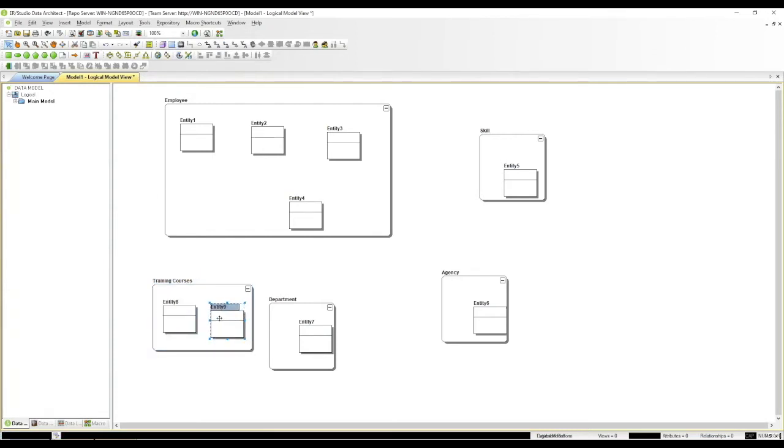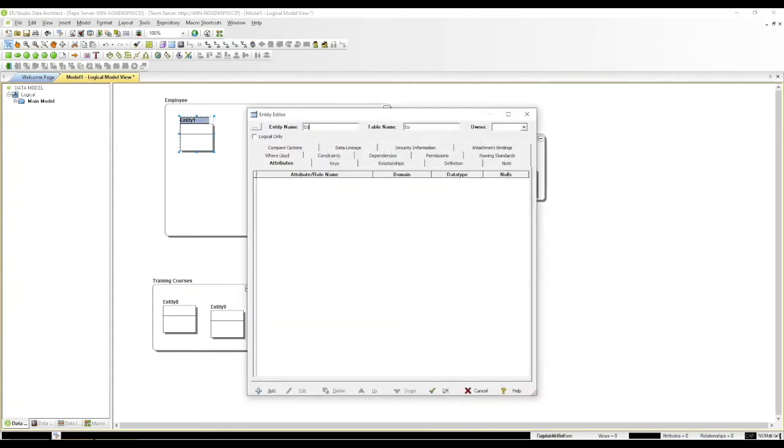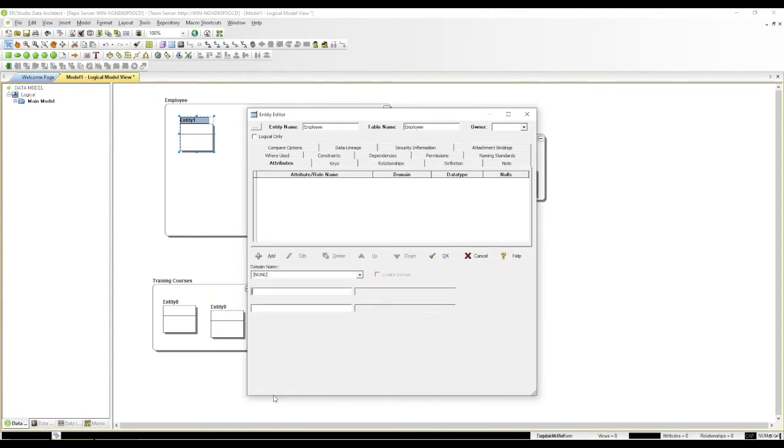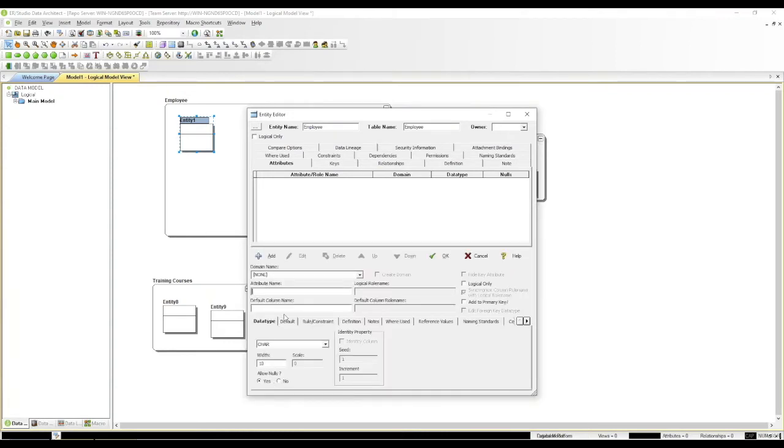All right. Now in here, I can give these names, so say like employee. All right. And I'm going to go in here and add a couple fields. Call this one employee number. Define this as maybe a char 10, sure, why not? Usually it would be a varchar, but we'll leave it as that. And then I'm going to add another one. Call it